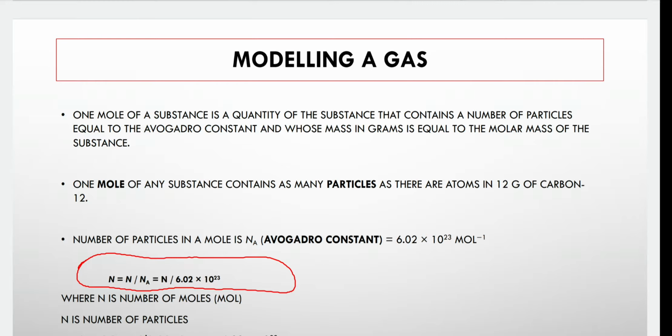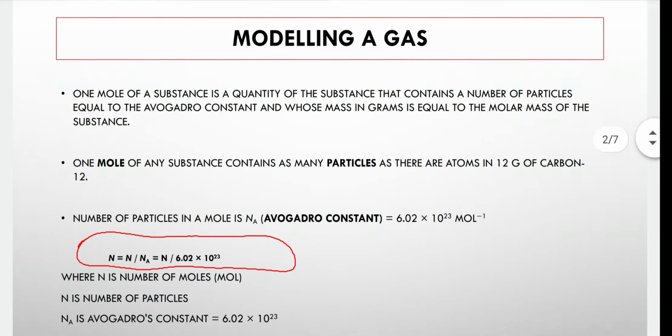This quantity of the substance contains a specific number of particles, which is equal to Avogadro's number. This number is a constant, okay, and the mass of this entire number in grams is equal to the molar mass of the substance. The molar mass is different from one substance to another because you are getting the mass number for the compound. As an example, for H2, if I want to get the molar mass, it would be 2